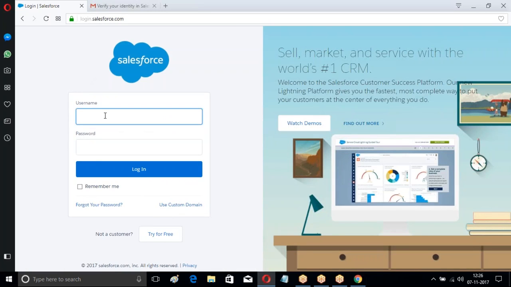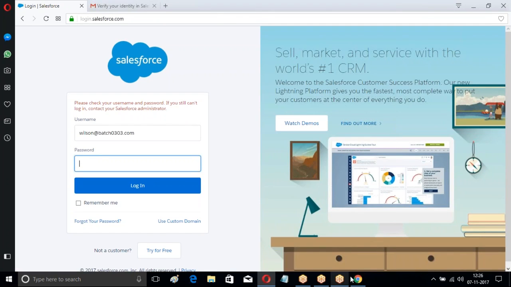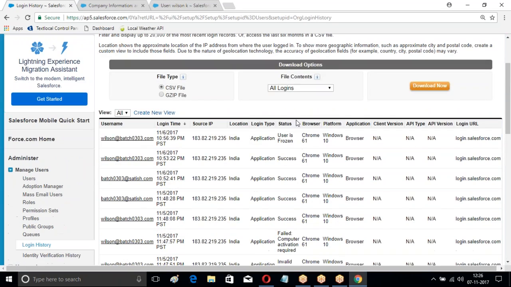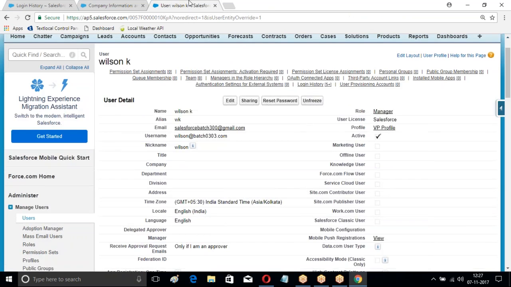Then go back. I give username and password, but it says not valid. Then go back to the login history. Then you are seeing that Wilson made an attempt, but he was unable to log in because the user is frozen. So I know that the user is frozen. Now, whatever license we give to Wilson, is it still with Wilson? See here, the license is still with Wilson, but momentarily he was blocked. For temporary purposes, he was blocked. So if I want to unlock him,